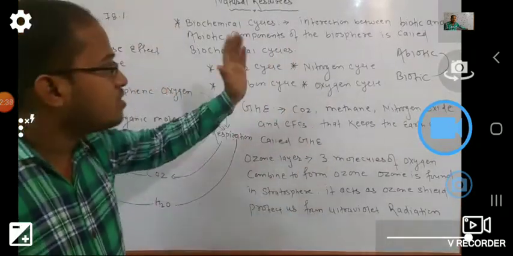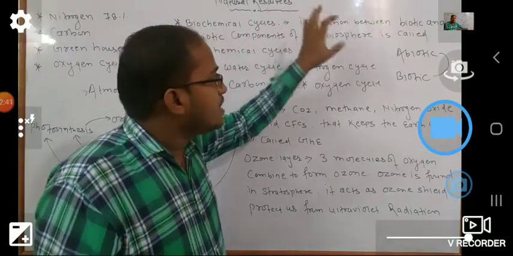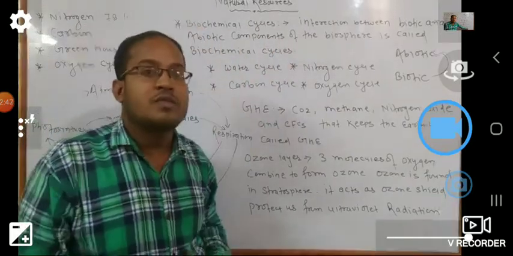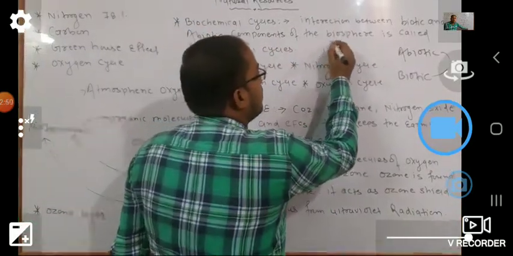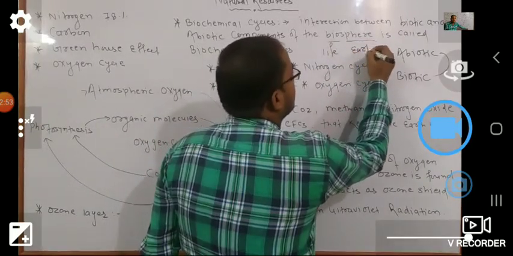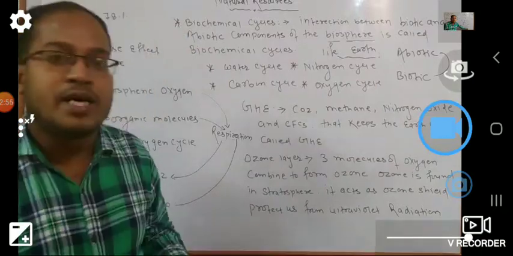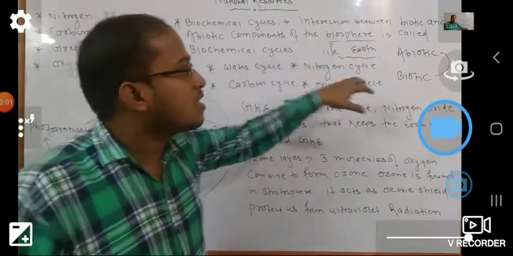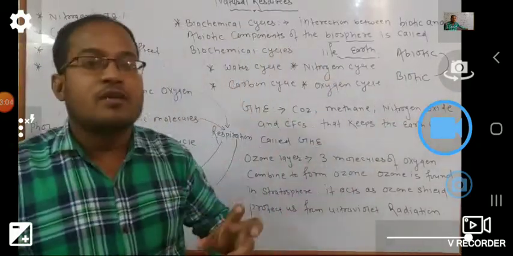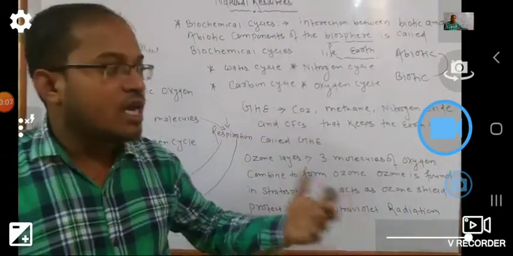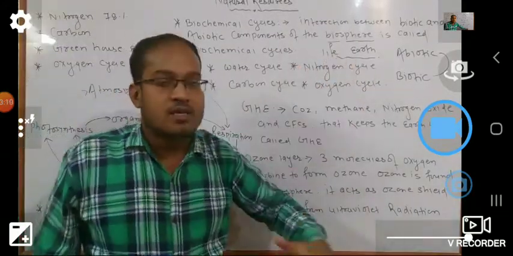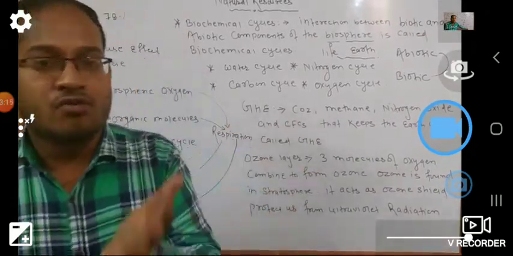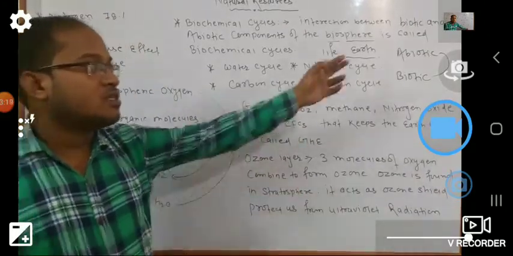First and most important, biochemical cycle means it is the interaction between the biotic and abiotic components of the biosphere. Biosphere means bio means life, and sphere means earth. हमारे अर्थ पे जो भी लाइफ साइकिल चलती है ह्यूमन बींग्स के, प्लांट्स के एंड एनिमल्स के, दैट आर टोटली डिपेंडेंट ऑन द बायोकेमिकल साइकिल, एंड इट कम्स इन द क्लास ऑफ अबायोटिक एंड बायोटिक फैक्टर्स. बायोटिक में जितने भी लिविंग्स होंगे, चाहे वो ह्यूमंस हैं, एनिमल्स हो या प्लांट्स हो. अबायोटिक की बात करते हैं विच कम्स इन द क्लास ऑफ टेम्परेचर, पीएच एंड सनलाइट, वाटर और एयर. ये सब नॉन लिविंग्स है, दैट कम्स इन द क्लास ऑफ अबायोटिक.